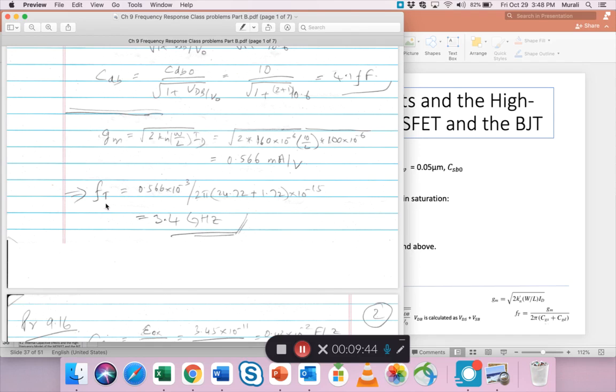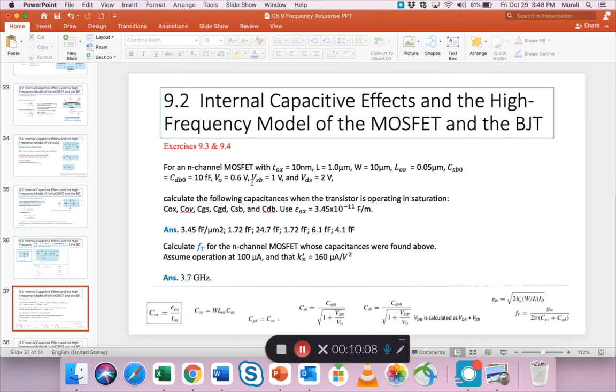From there, you can find the unity gain frequency using this formula. So Gm by 2 pi into these two capacitances, which are each in femto. So if you did that, you get 3.4 gigahertz as the answer. Okay. So this is a straightforward application of all the formulas that we have used related to